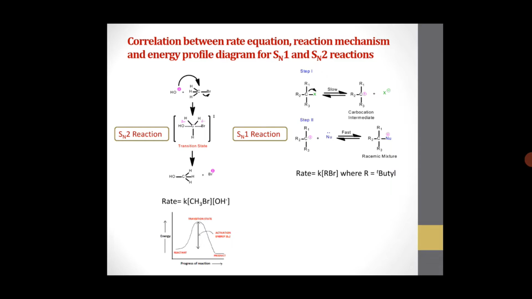Why is the first step the rate determining step? This is very clear from the energy profile diagram. E activation for the first step is more than the second step, and so the first step is slow, and we know that the slowest step is the rate determining step. So step 1 is the rate determining step for the SN1 reaction, where base is not at all involved,